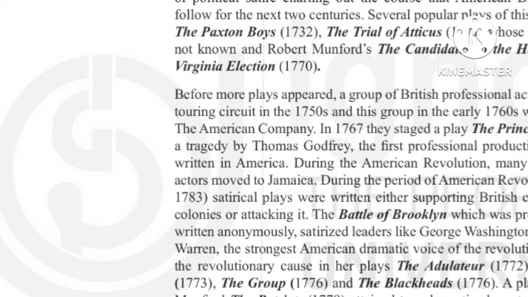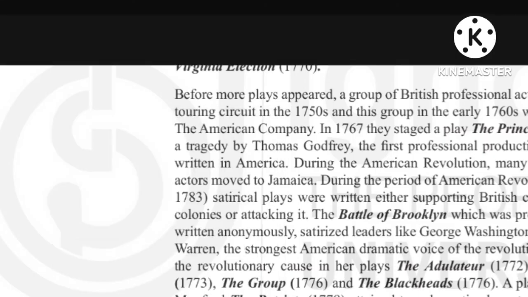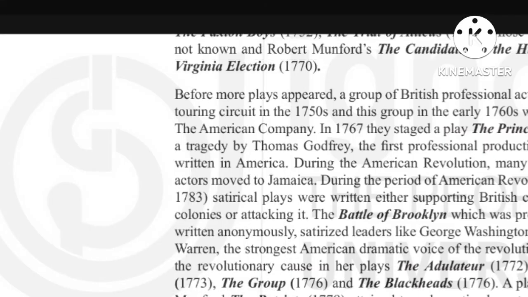Mercy Otis Warren, the strongest American dramatic voice of the revolution, presented the revolutionary cause in her plays The Adulator in 1772, The Defeat in 1773, The Group in 1776, and The Blackheads in 1776. A play by Robert Munford, The Patriots, published in 1779, attained true dramatic character by taking a neutral stance and attacking both sides for their intolerance. And there are many dramatists also